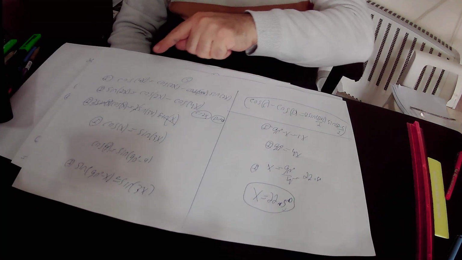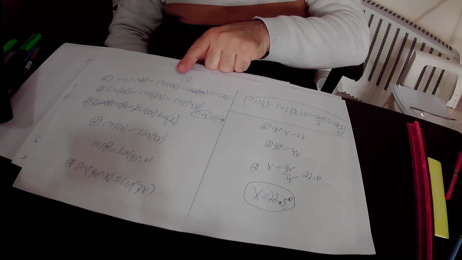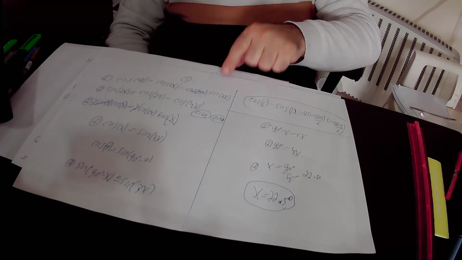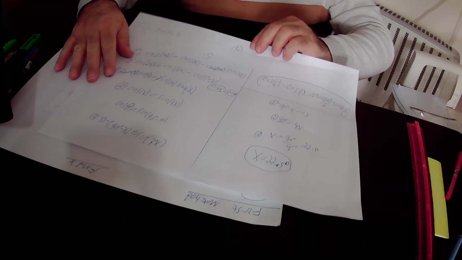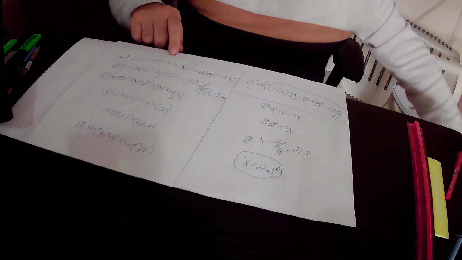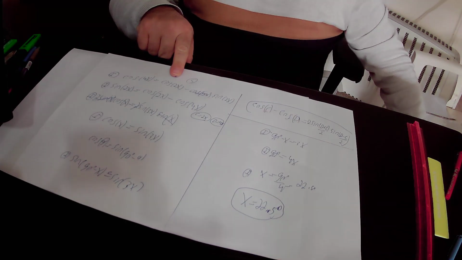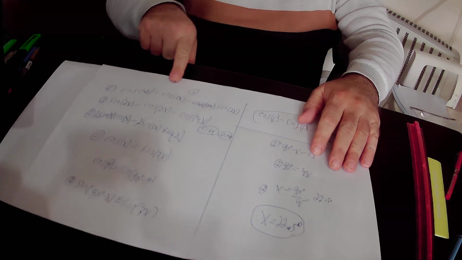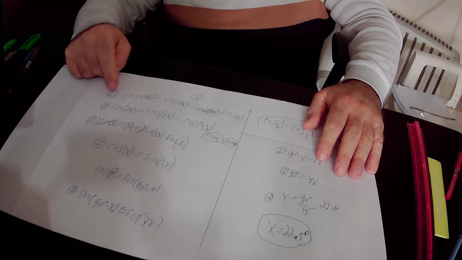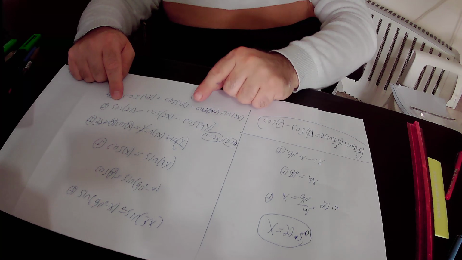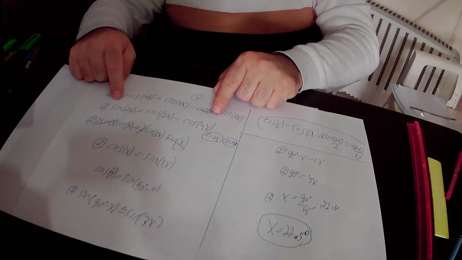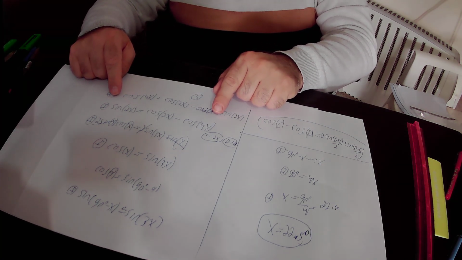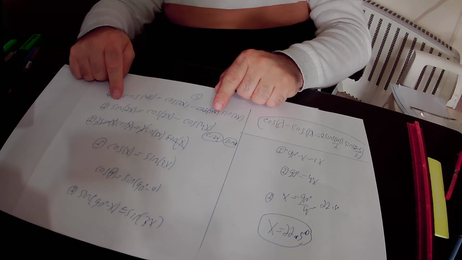Okay, we got cosine 4x equals cosine 2x minus sine 2x. Then we added to this equation sine 2x and subtracted cosine 4x. So in conclusion we got that sine 2x equals cosine 2x minus cosine 4x, but sine 2x equals